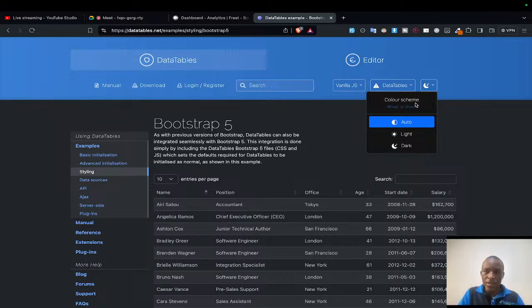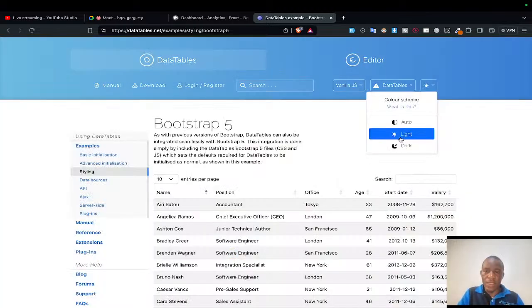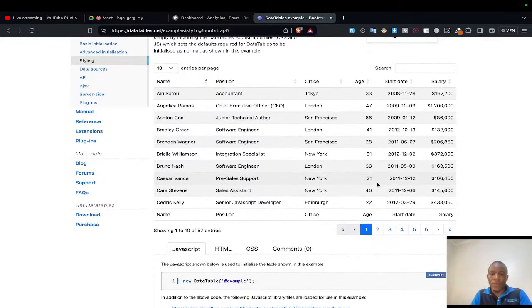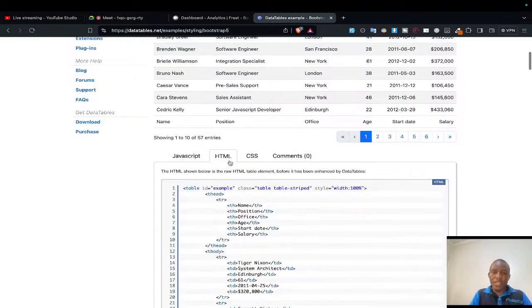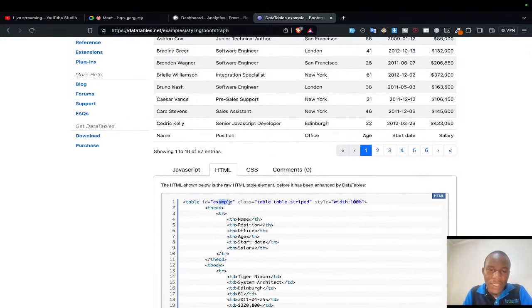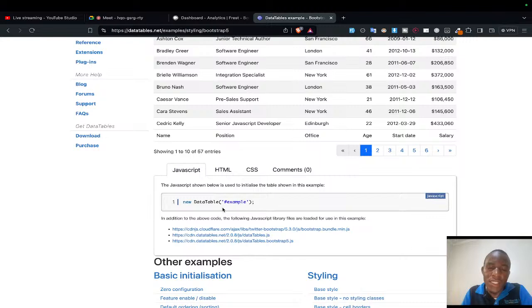You can turn on the light mode, something like that. You'll be able to learn about these data tables and see what they can do. To do them, it's just simple. You just create an HTML table like this one with your data and give it an ID, and then after importing these CDNs,